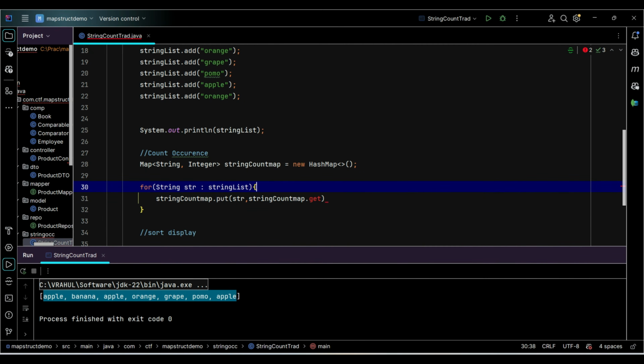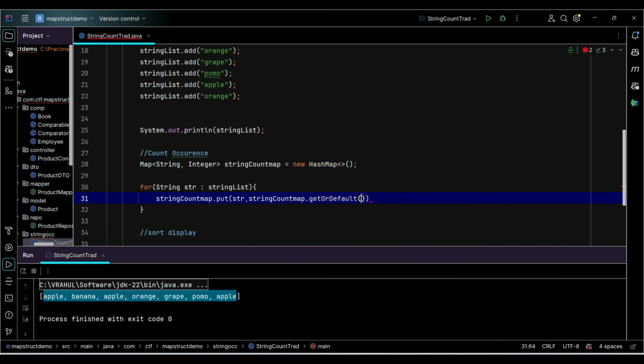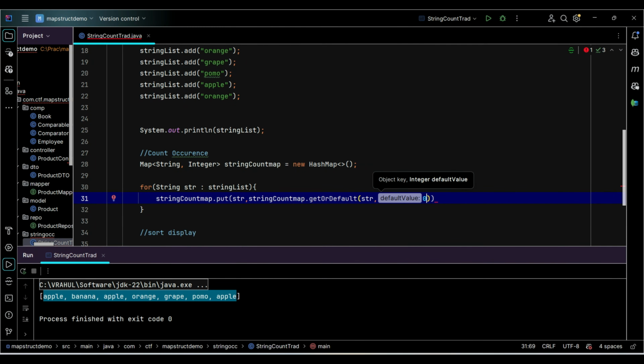If it is not there, it will add that. Now here there is another method which we can make use of instead of writing duplicate logic. Here you can check if it is already there. If it is not there, it is going to insert a new fresh value with a default value,